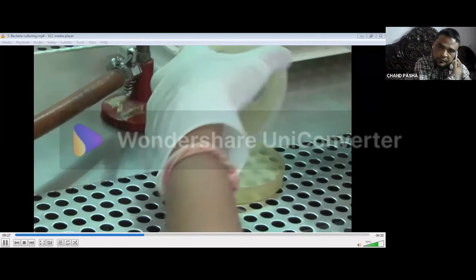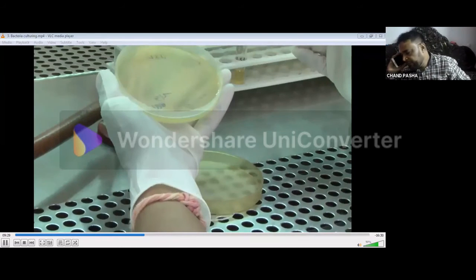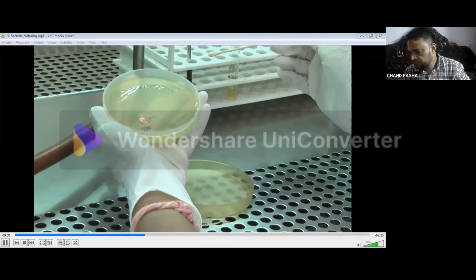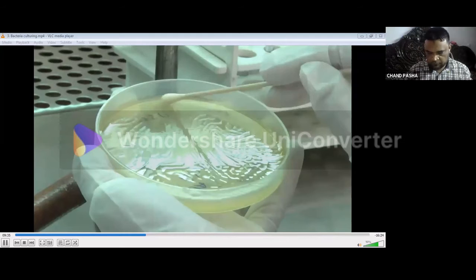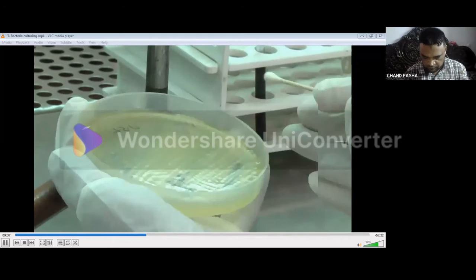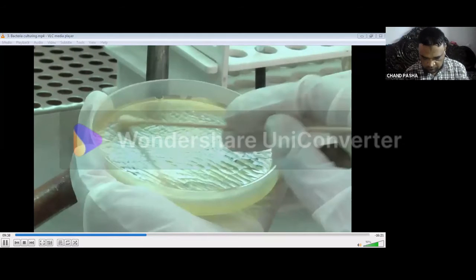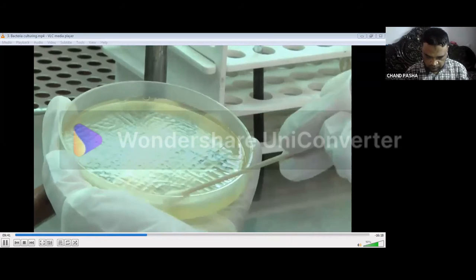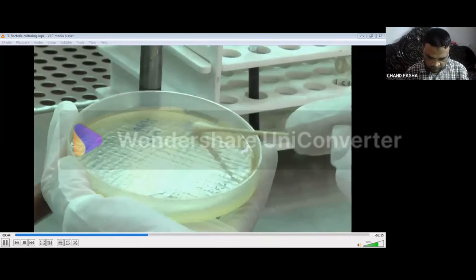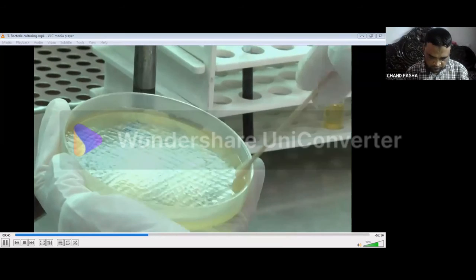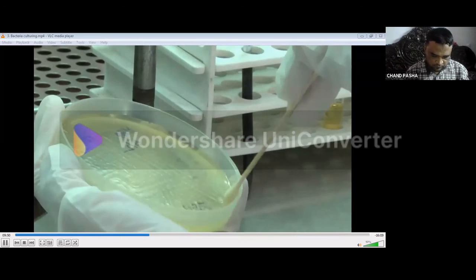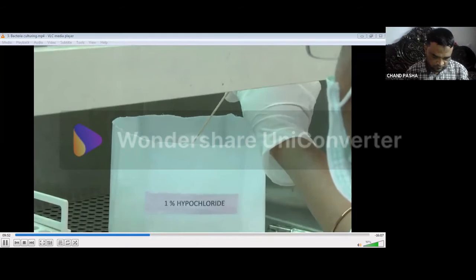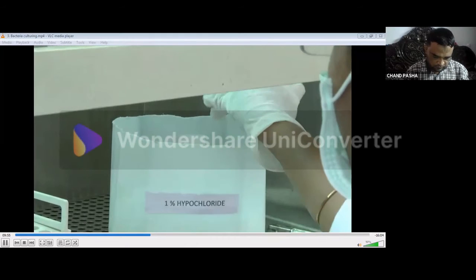Lift the base of the plate containing the medium in your left hand and hold it using your thumb and middle finger. Streak the swab all over the surface of the medium thrice, rotating the plate through 60 degrees after each application. When the whole plate is covered with the inoculum, pass the swab around the edge of the medium. Discard the swab in a disinfectant solution.